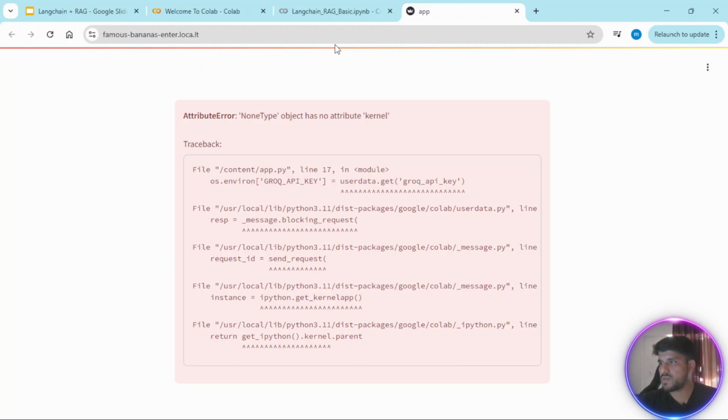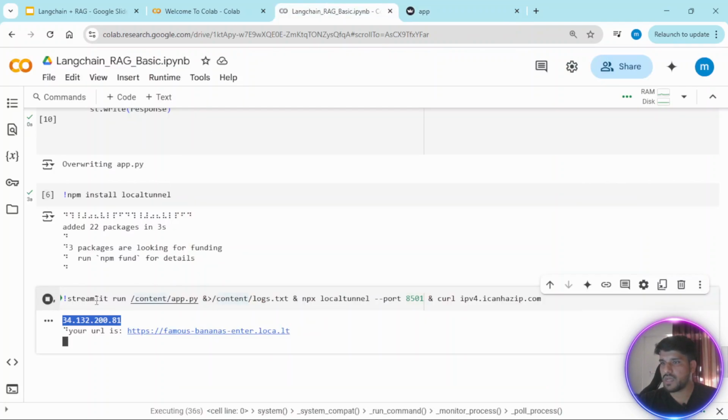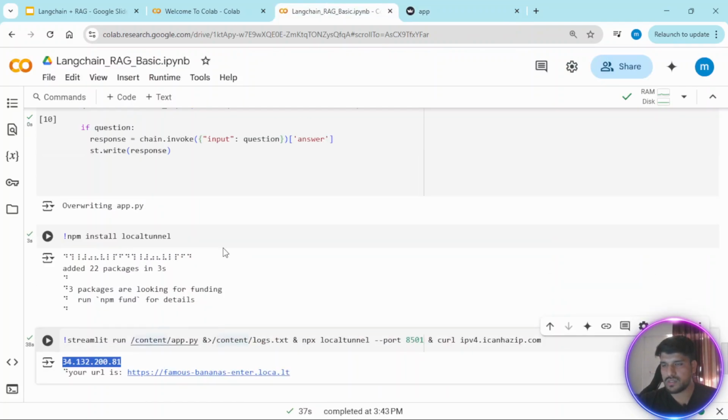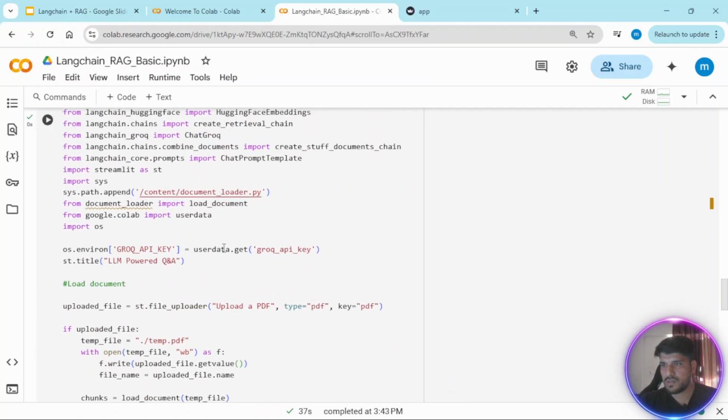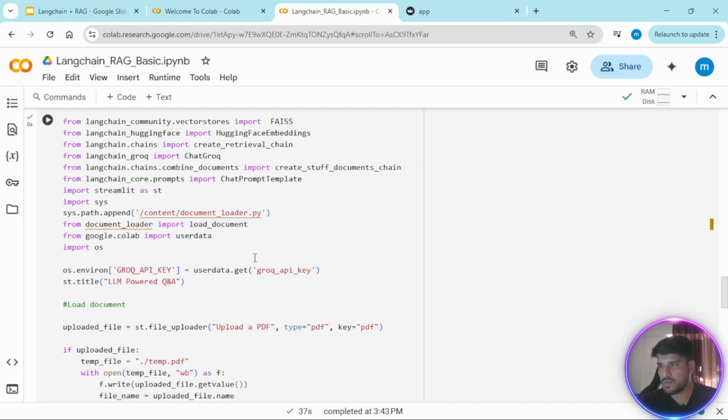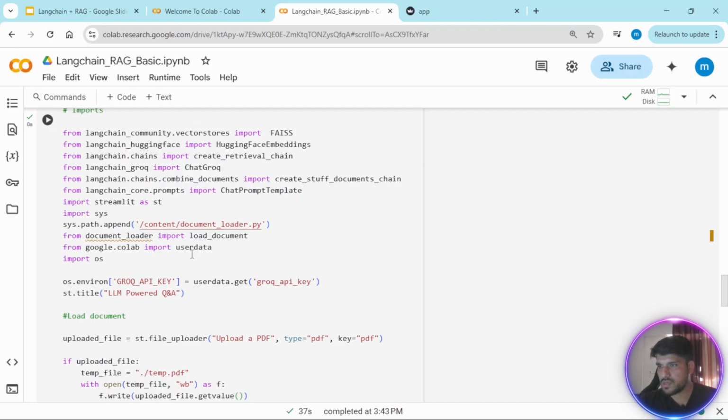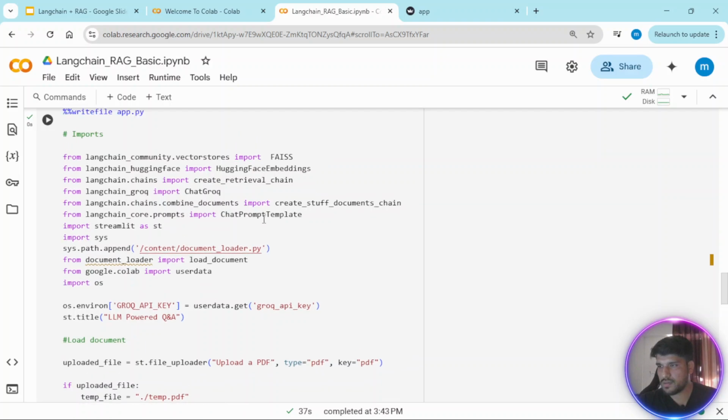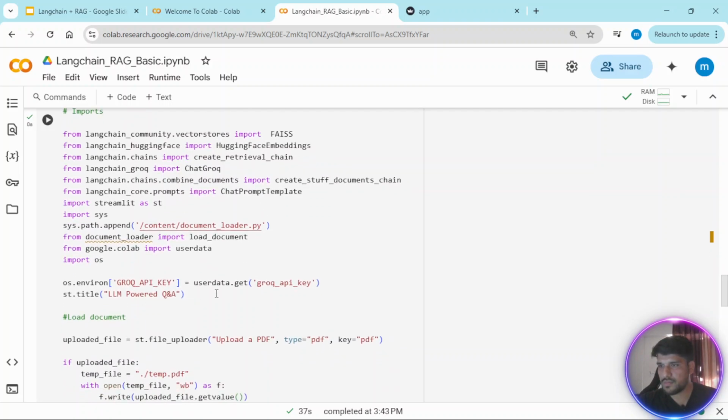Okay, I think this way it is not working. We need to find out the other way to do this. So let's say the data dot. Okay, we'll do it earlier. Okay,